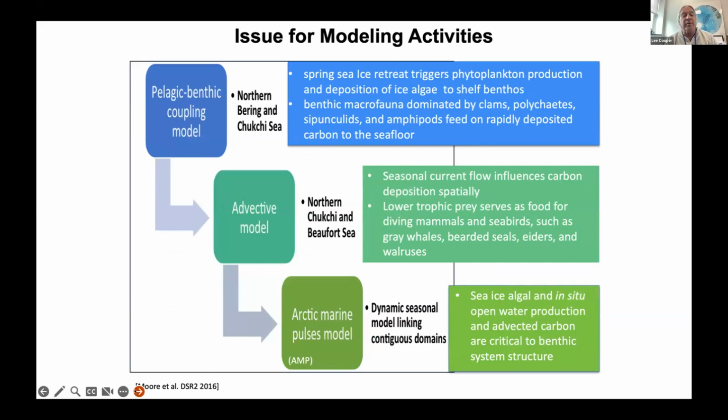We also think that advective conceptual models are useful and helpful because the seasonal current flow changes and is influenced by how much carbon deposition is in that water as it flows north. And then there is also a published Arctic marine pulses model that involves a combination of advective